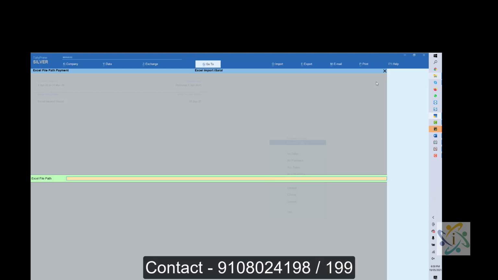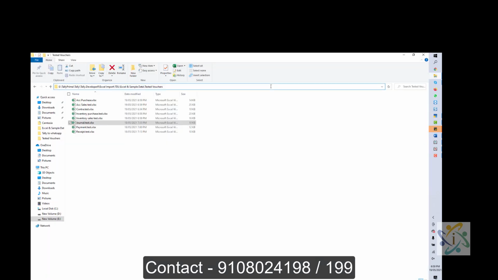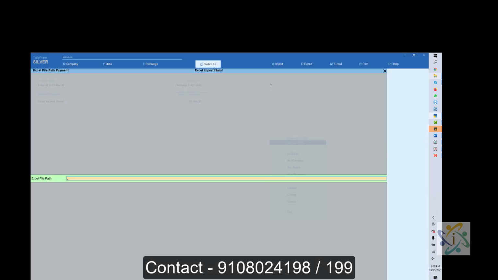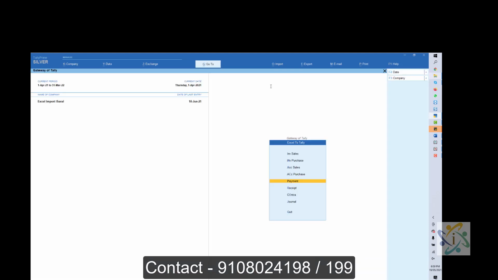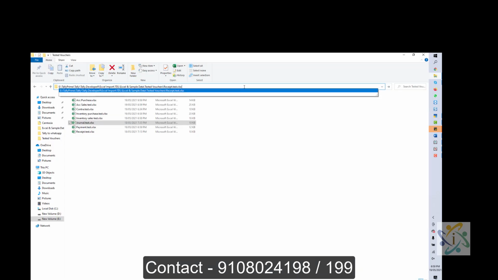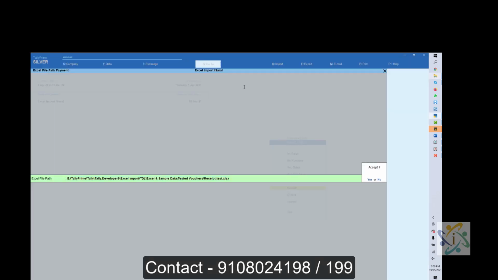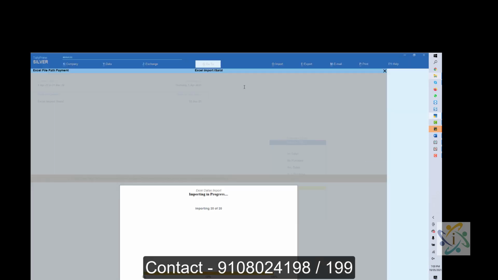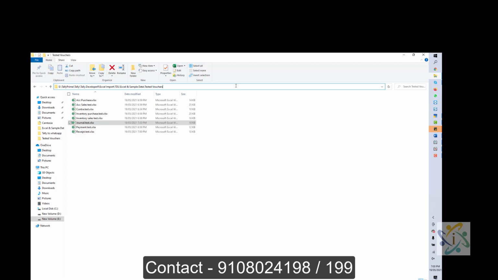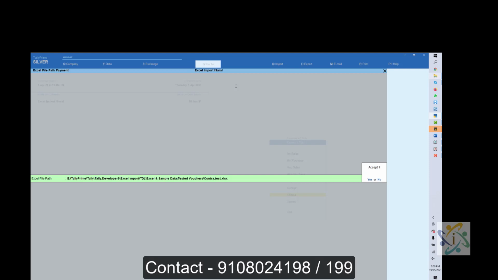Payment import. Receipt import. Contra voucher import. And journal import.